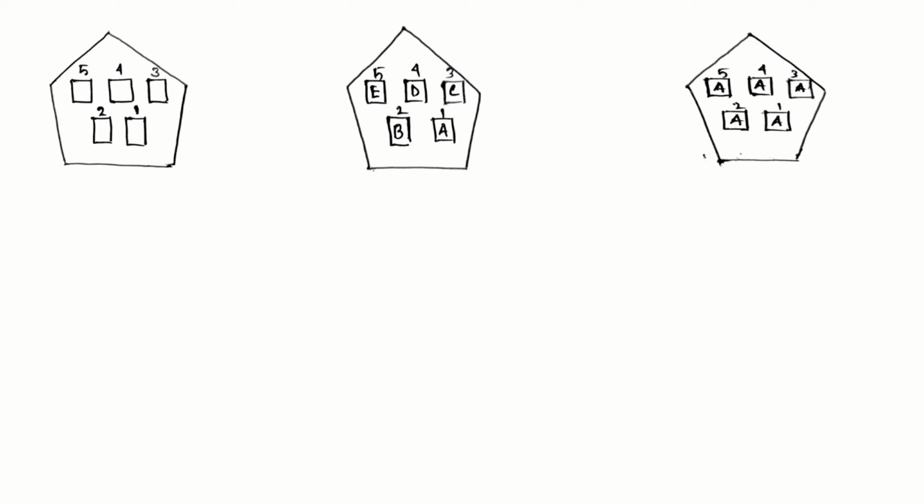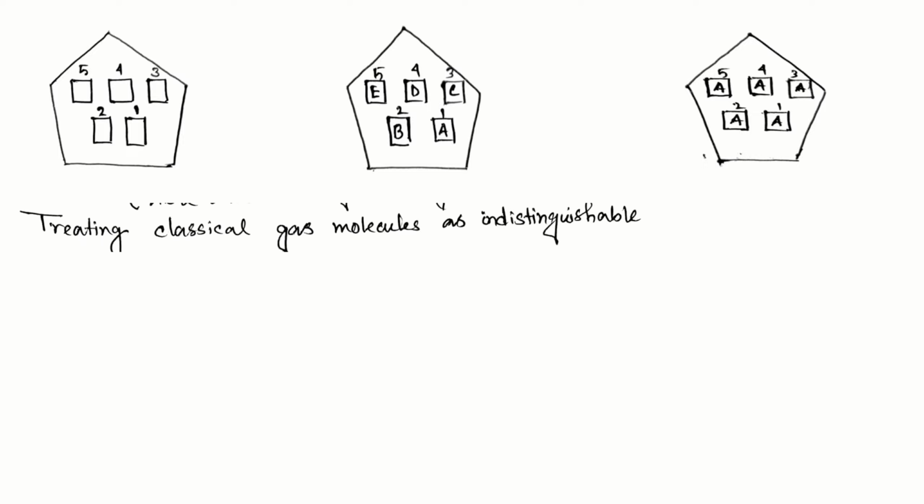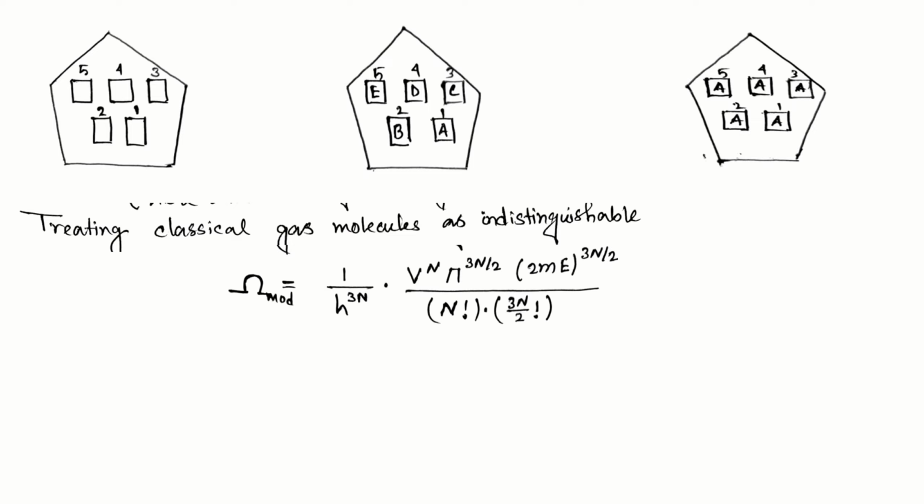Now, so we get the number here, 5 factorial, as we are taking 5 brothers. So for n number of molecules, if we divide the microstates with n factorial, then the paradox, I think, that should solve. So we'll come from the beginning, where we use that equation omega. So now here we introduce the n factorial.